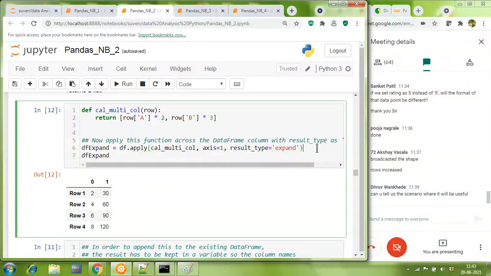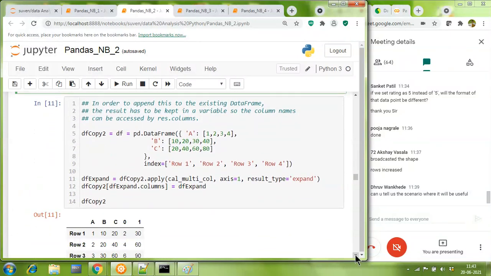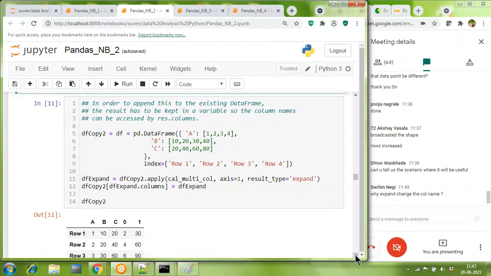Until unless you are very good with neural network programming and you're also very good with math, then it's a different story, not otherwise. Because if there is any math person here, probably a doctorate in math, he will definitely understand the application of it. If you've done a lot of matrix work, you will understand expansion of a matrix or reduction of a matrix works this way.